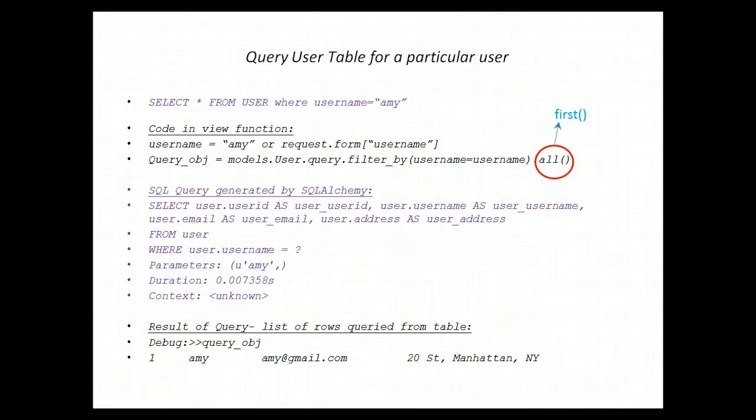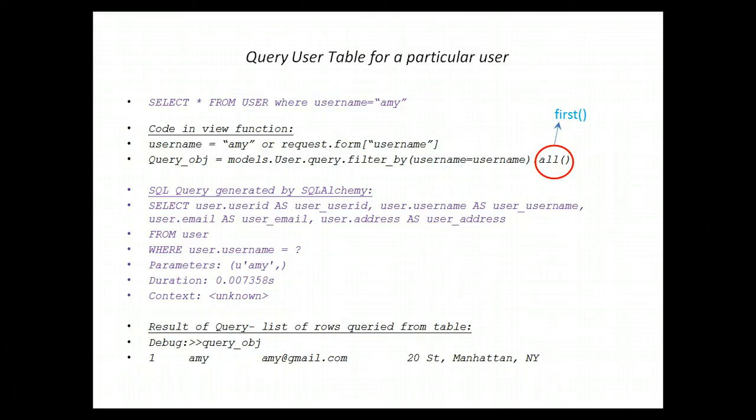So for example, we can take a simple example where we want to select star from user by username equals Amy. For this, in the view function, you would have code where you are getting the username from somewhere, either from the request form, or you're just hard coding it, for this simple application. And then to actually run the select statement,